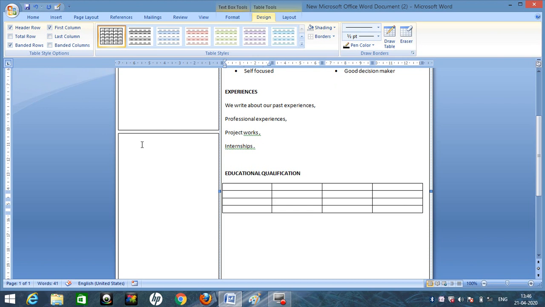So for educational qualification, first we'll write qualification, and then year, and then institute, and then percentage. So here we write about our